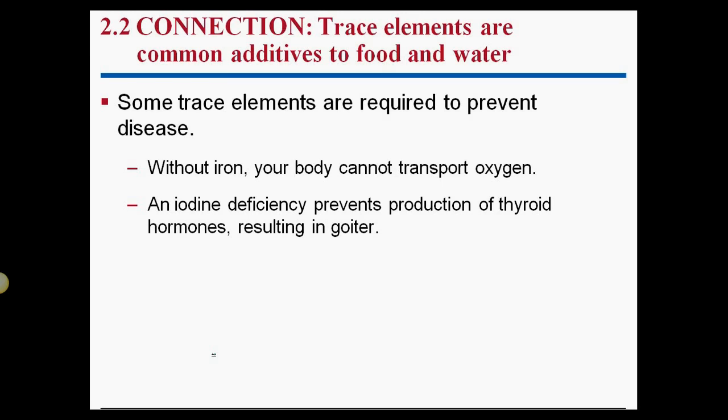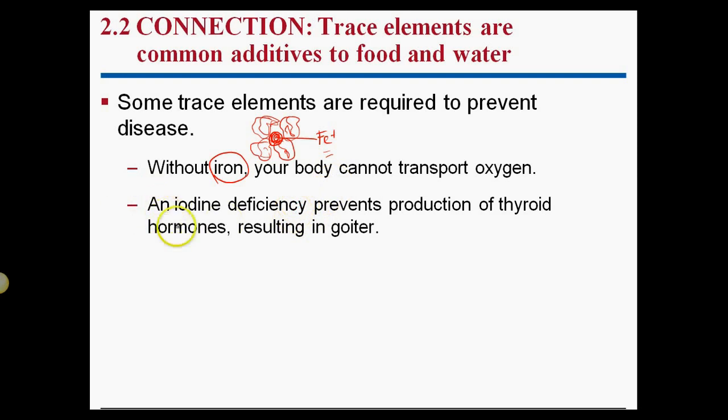Some trace elements are required to prevent disease. So iron is one, but we can talk about hemoglobin. That's an important protein in your blood. It's weird, and it's going to look like there's 4 parts to it. It looks like this. I'd have different colors, but there you go. It's in 4 little weird lobe things, and right in the middle of it sits an iron. And that iron is absolutely essential for oxygen transport in the body, because an oxygen will hook up right there, and then they'll move, and it'll get around, and it'll be transported in the body. So this is a trace element that's super, super important.